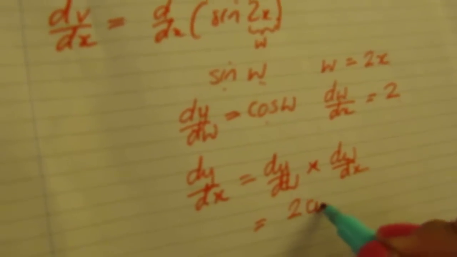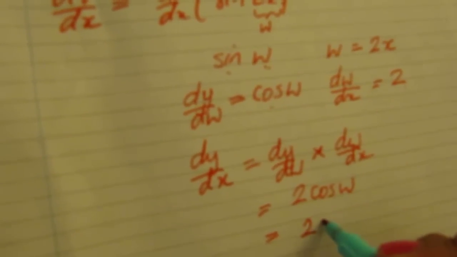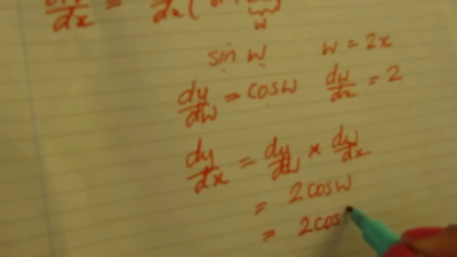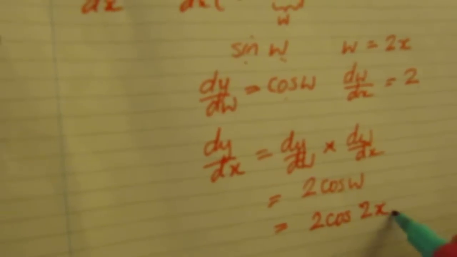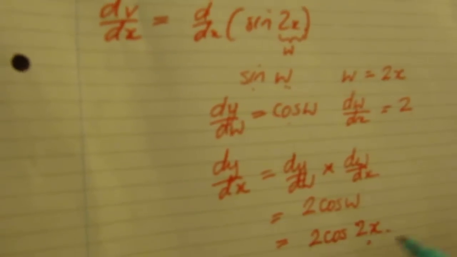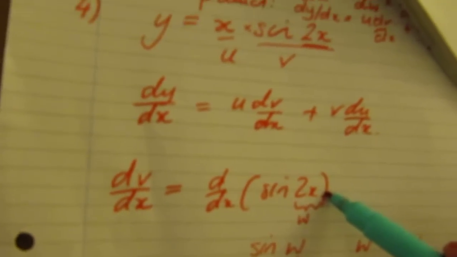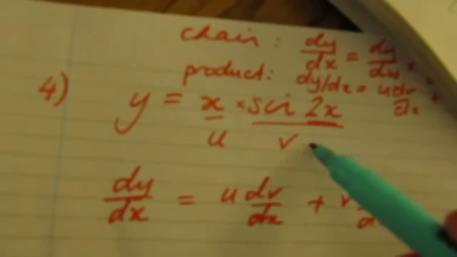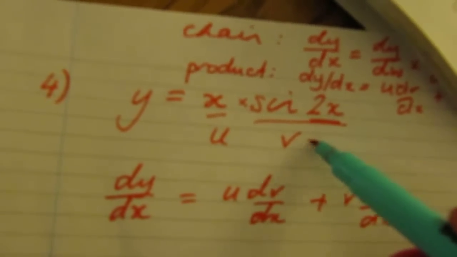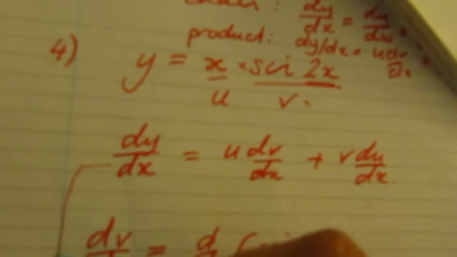So it's 2 cos w, but we know that w is 2x. Alright, so that was all to differentiate sine 2x, which, going back, is dv by dx in the original question. Okay, so now we can go back to applying